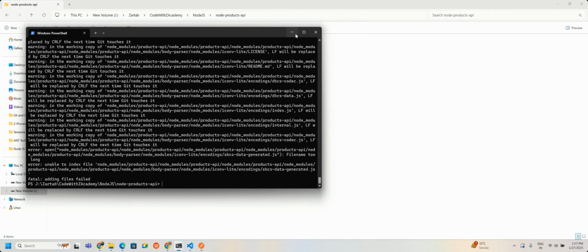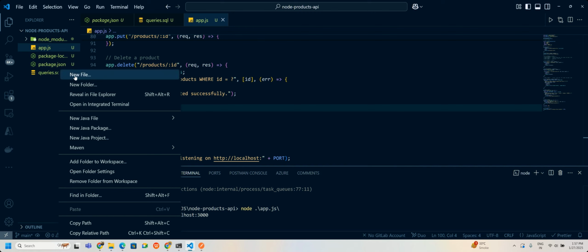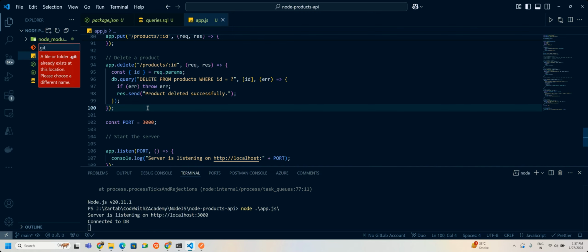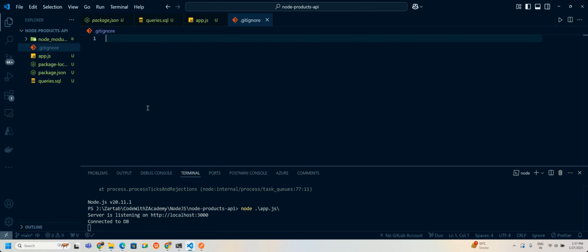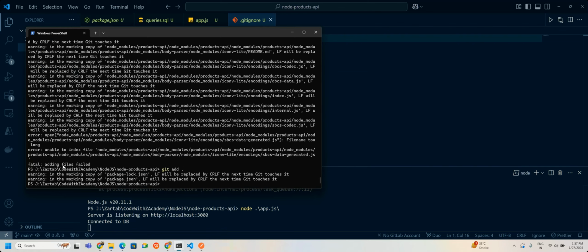Okay, it's a good thing they have stopped, because I think I should add a git ignore here. node underscore modules slash. Okay, so now if I say git add, okay, it is added now, and I'll say git commit hyphen m node